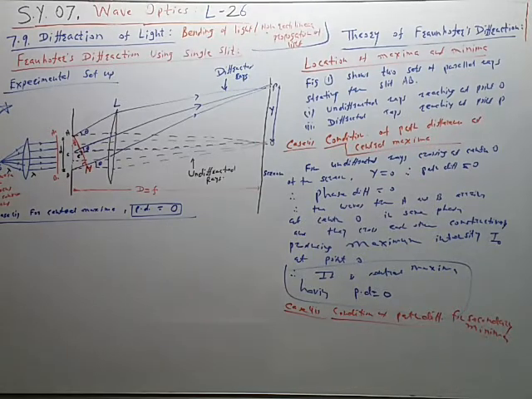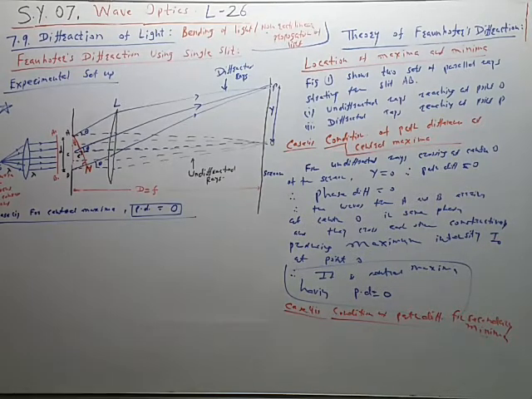And we know the value for path difference: Y into D upon capital D. So Y becomes 0, therefore path difference becomes 0, therefore phase difference becomes 0. So at point O, all the waves on the wavefront AB reach the point O constructively. This point is important. Phase difference is 0. Therefore, they will produce the constructive interference, and maximum intensity I0 is produced at point O. So, when path difference is 0, we get the central maxima having maximum intensity I0.